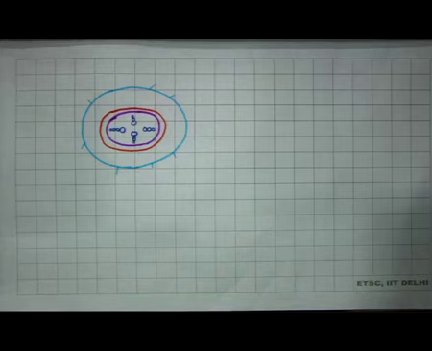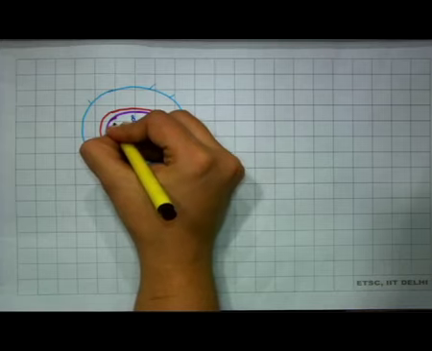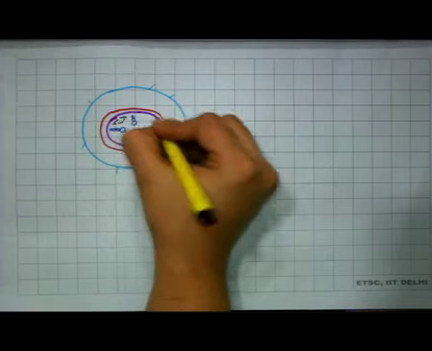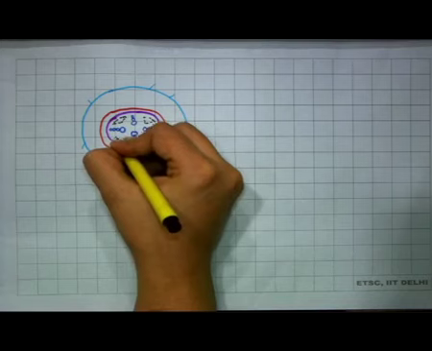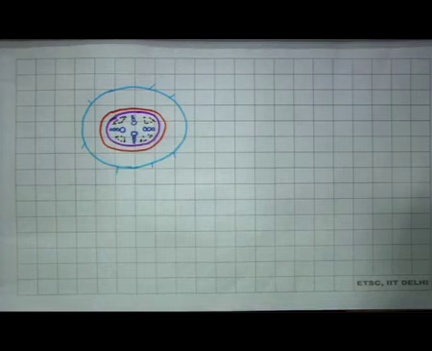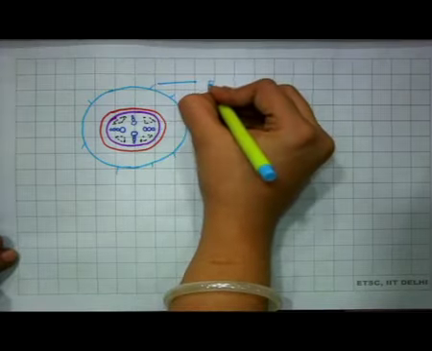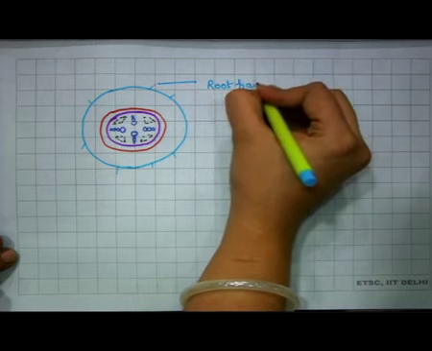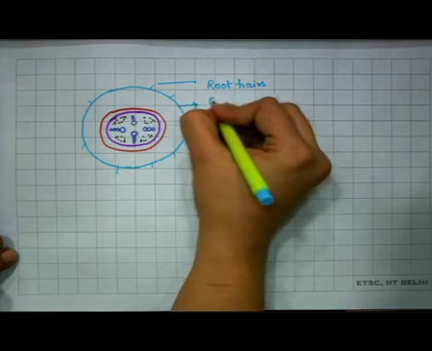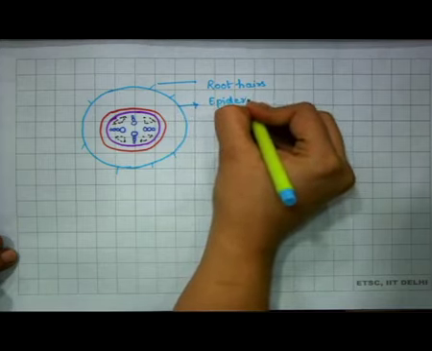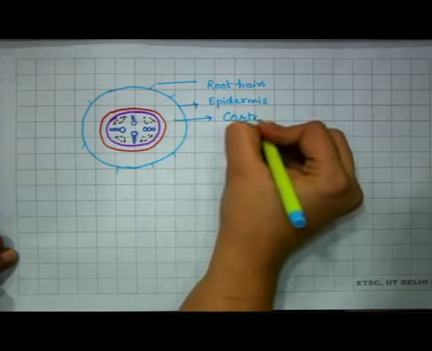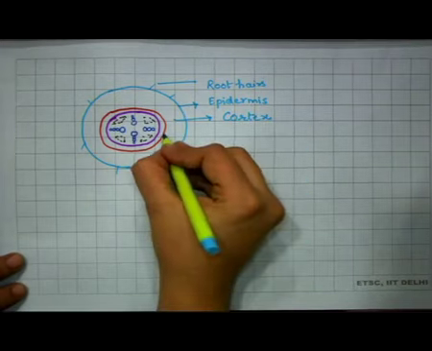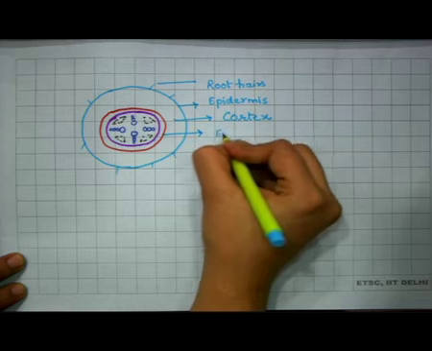In this manner, we have drawn here an outline diagram of the dicot root TS. It is important that we label this structure properly. So, beginning with the root hairs, the epidermis, the cortex, then endodermis,